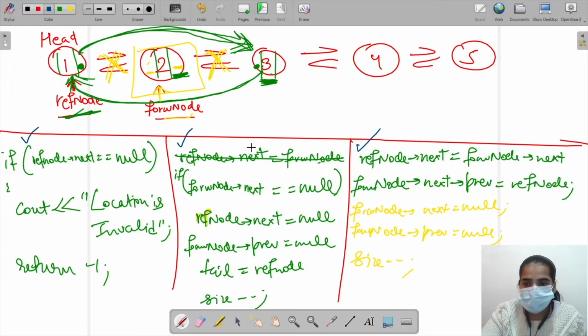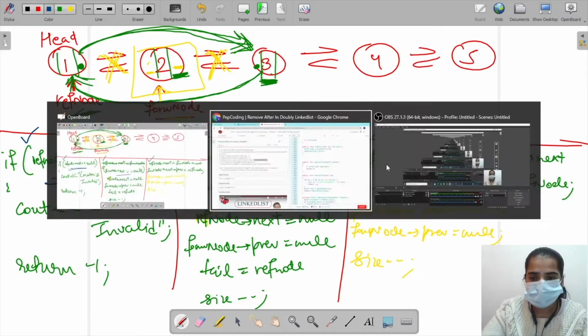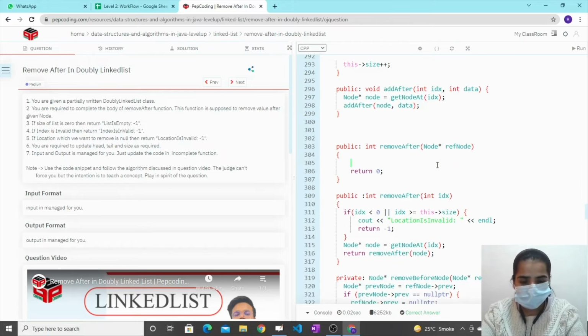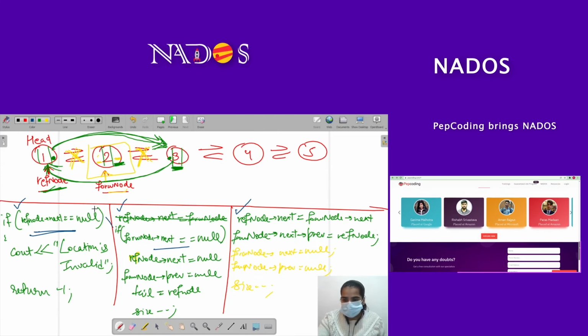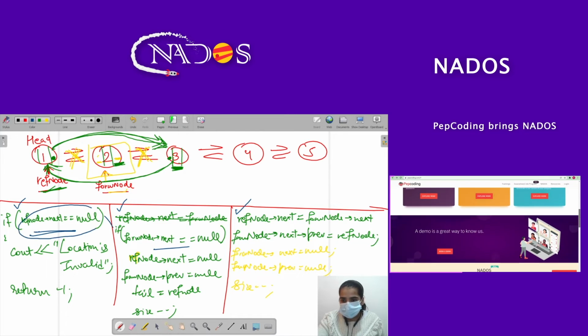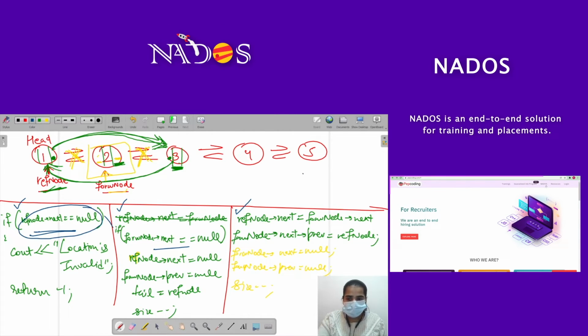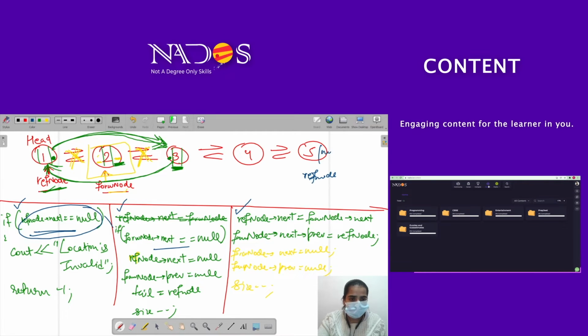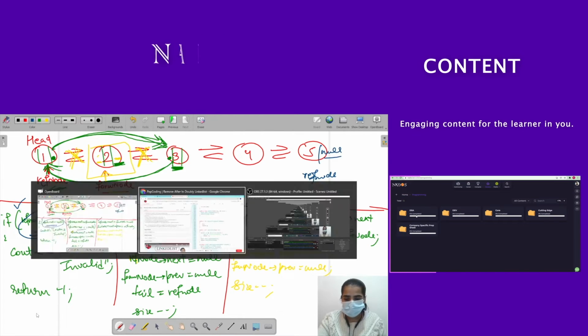So let's try to code it first. First of all, I will write this, then these two cases. Okay, see, here I will write my first case. What was my first case? This is my first case. If reference node's next, that means this is my reference node and next of my reference node stores null, then what I will do,